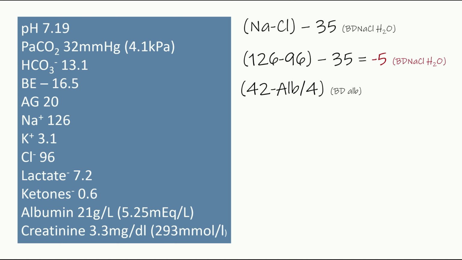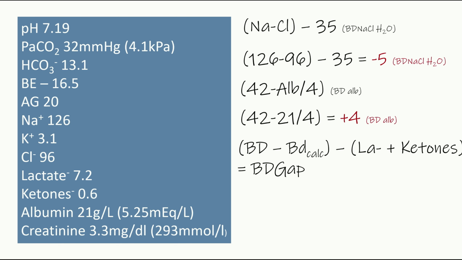42 minus the albumin divided by 4 represents a base excess of plus 4 for albumin. So this patient has a metabolic alkalosis also. We've now identified 3 separate acid-base abnormalities. If we take the base deficit calculated, minus the lactate, minus the ketones, we'll get our